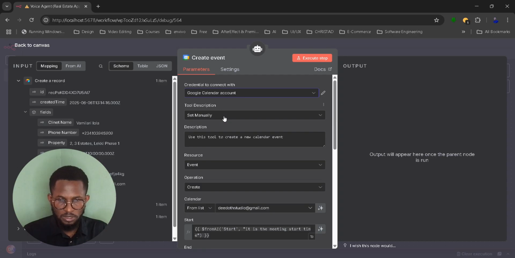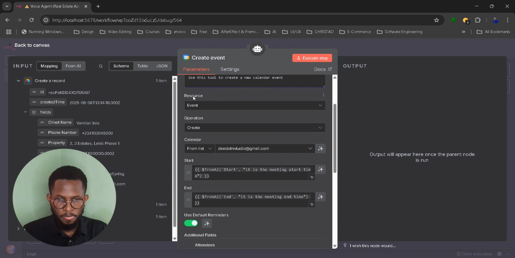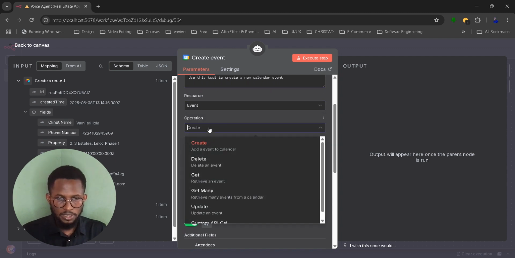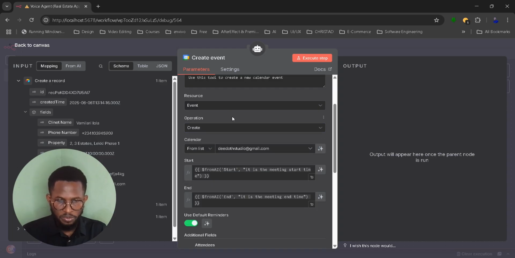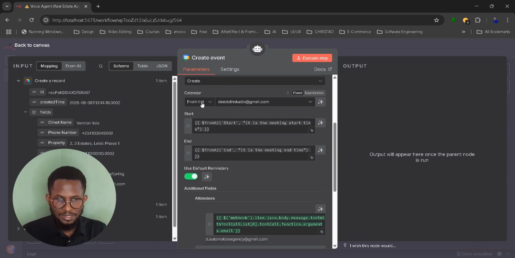Then the tool is set manually. So then the description is used to create a new calendar event. Then the resource is event, that's what we want to do. Then create, that's what we want to do. Not delete, not getting, not updating, we are creating. And then the calendar